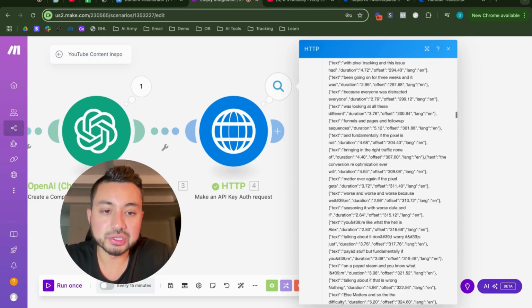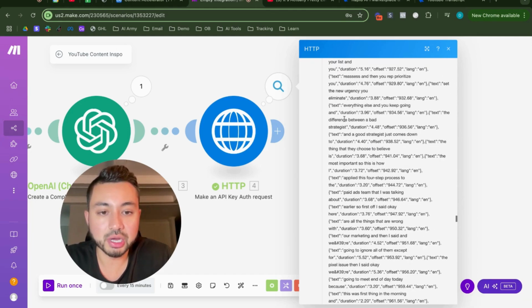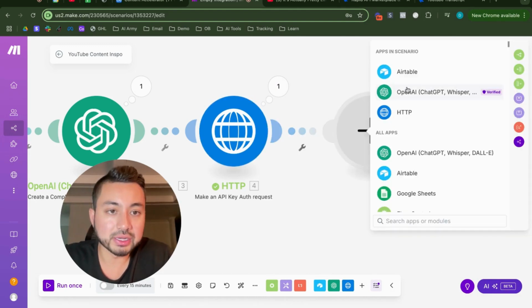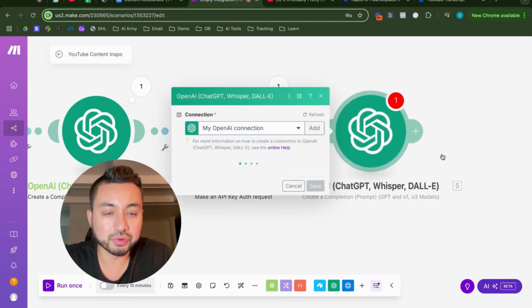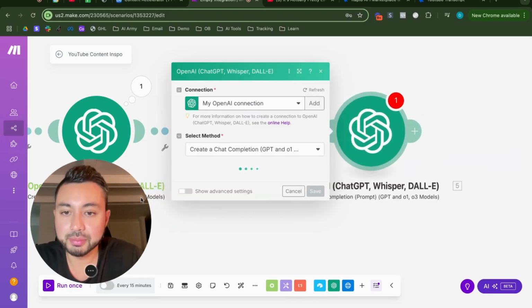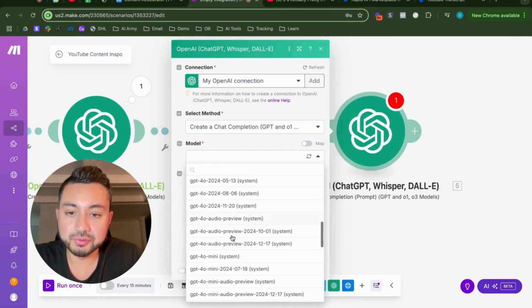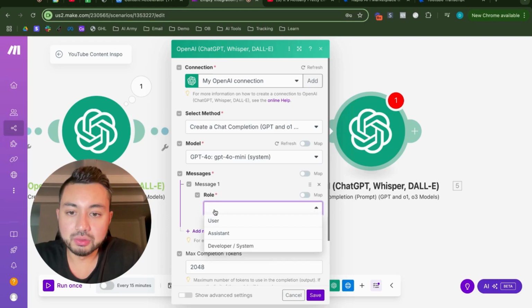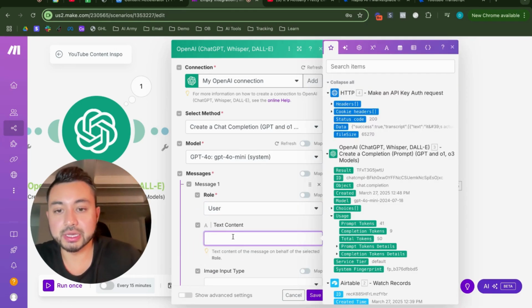And so now what we need to do is we need to clean this transcript up over here because it's extremely messy. So what we're going to do is we're going to create another OpenAI module. We're going to go to create a completion. Let's get my big head out the way. The model is going to be 4.0 mini. And let's pop this up. Role is going to be user. Text content is going to be